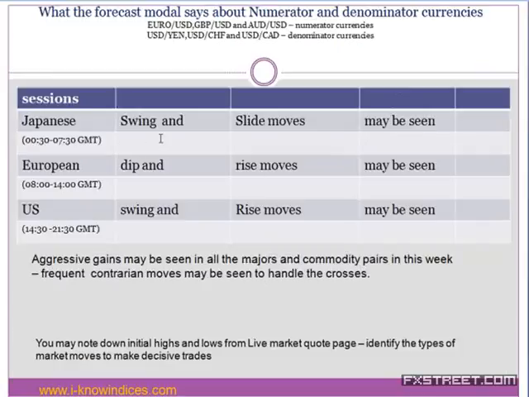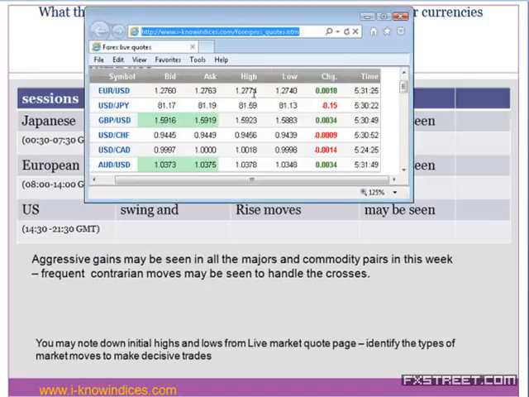Then today, swing and slide moves are expected during the Japanese session. They formed the initial high, and afterwards it was not breached, and they are holding closer to that high. Slowly towards the close of the Japanese session, they are expected to make the slide. And people might think that okay, Euro and GBP are becoming weaker, and then they might do a sell trade,